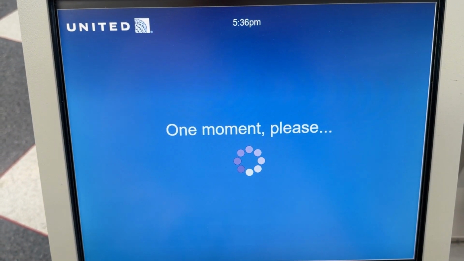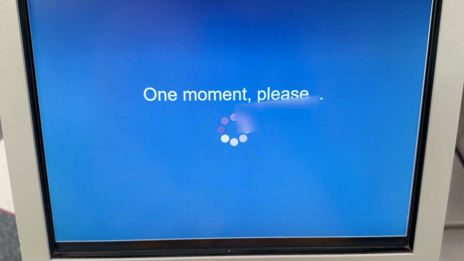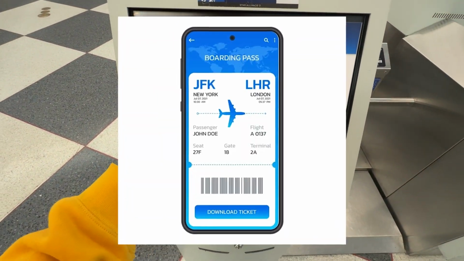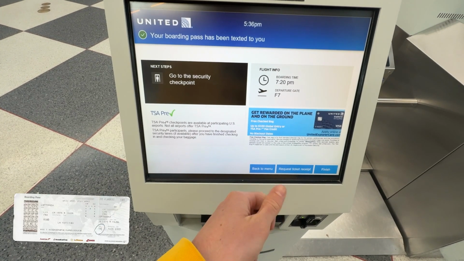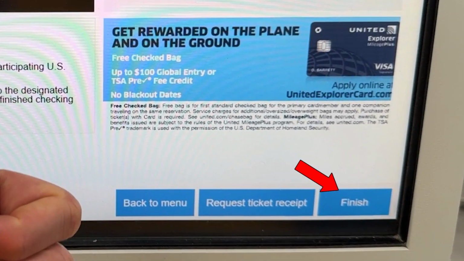bag. But once you have done that, you'll have the option to either get a digital ticket that will be sent to your phone and that you will be able to open in the app to actually add to your phone's wallet if you would like to, or you can get a physical ticket through some printers, although this one discontinued it. When you're done using the kiosk, click finish in the bottom right corner and you're officially good to